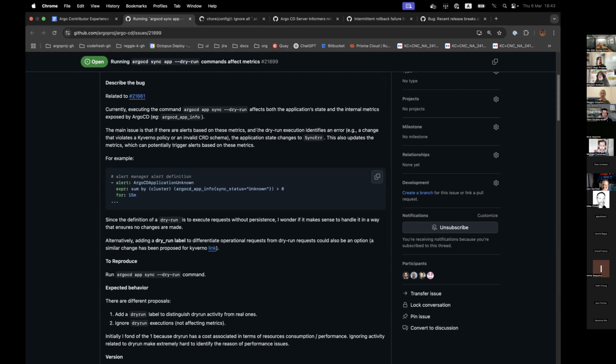Once you do that, run code gen, and it's going to populate a ton of fields in a ton of places for you in the code. And then you can go start trying to find the places that use the old struct in reference to a dry run, or in reference to any sync, really, and then change that code to also handle the dry run case. So UI code, CLI code, etc.